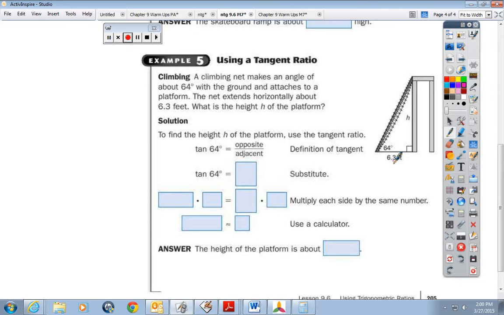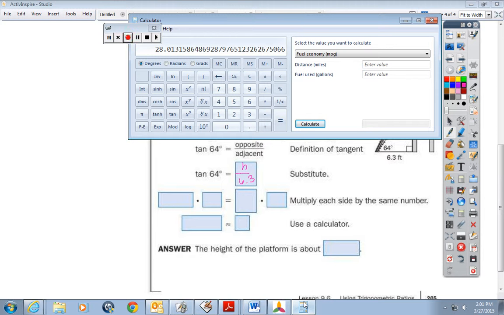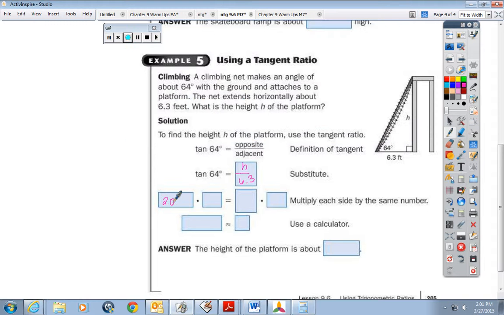I need to know what side? The opposite. Right. Okay, so flip back to that first page. Which one has the opposite and adjacent in it? Tangent. Okay, so I'm going to say the tangent of 64 equals the opposite, which is H, over the adjacent, which is 6.3. And again, I'm going to hit tangent 64, which is 2.050. Now, what is being done to H? What's the opposite of dividing by 6.3? Multiplying. So if I multiply both